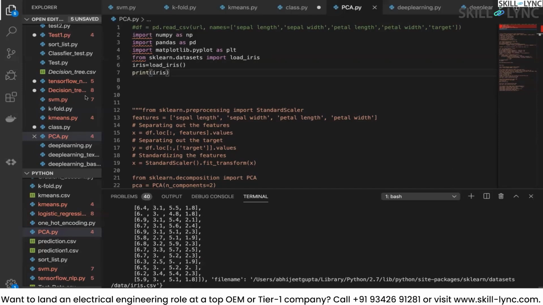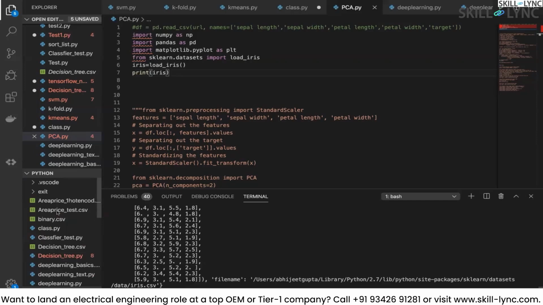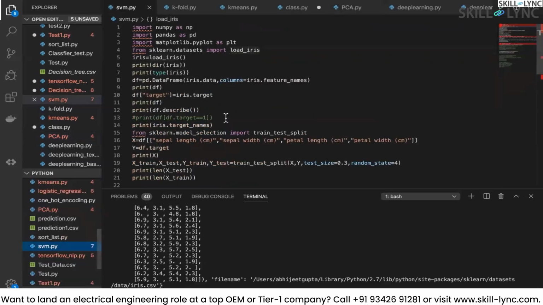So for that, what we have done last time while working on SVM, we have created a data frame out of this, because if you check the directory, you will notice that it's not a Pandas data frame. You can also check that. But meanwhile, quickly,